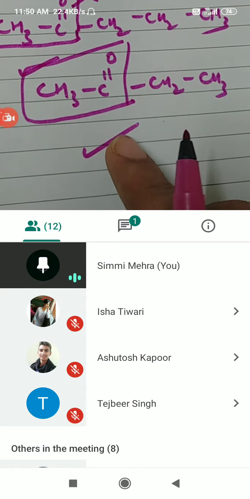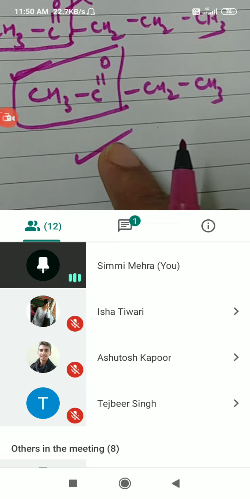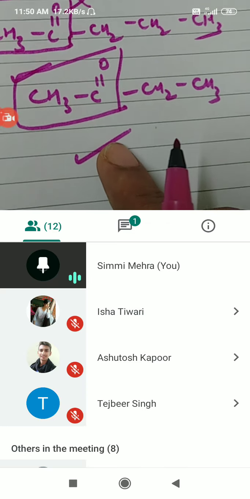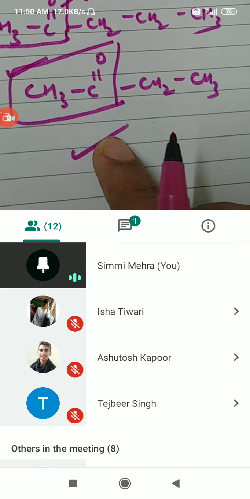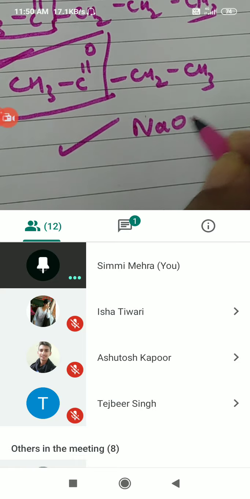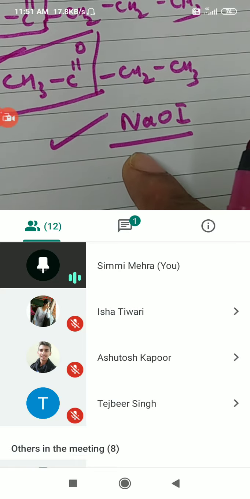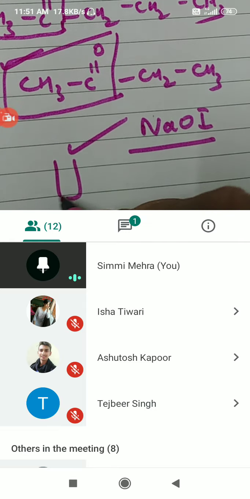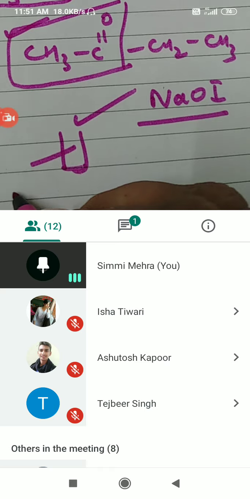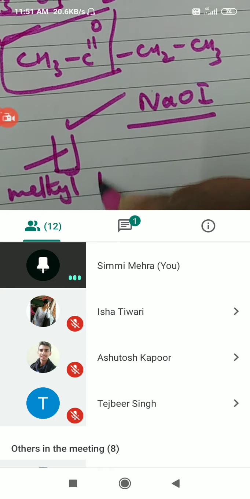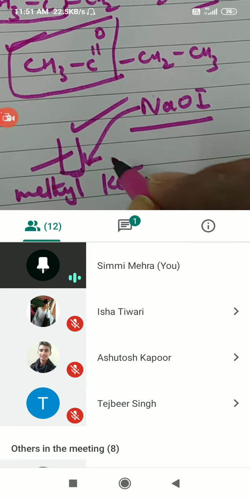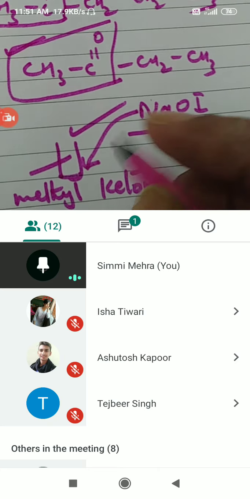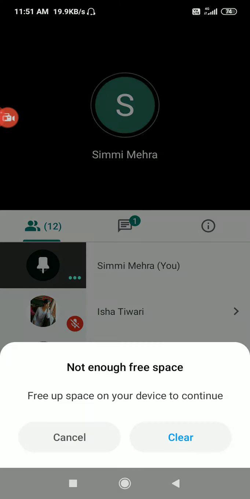Now, how do we practically perform the iodoform test? What we do is we take dilute NaOH in a test tube and add some iodine crystals to it and shake it well. It forms NaOI. This is dark brown in color. Then in another test tube, we are going to take a methyl ketone, say acetone. I will add this compound to this. Shake it well. Shake it vigorously. Vigorously means you really have to shake the test tube upside down so that